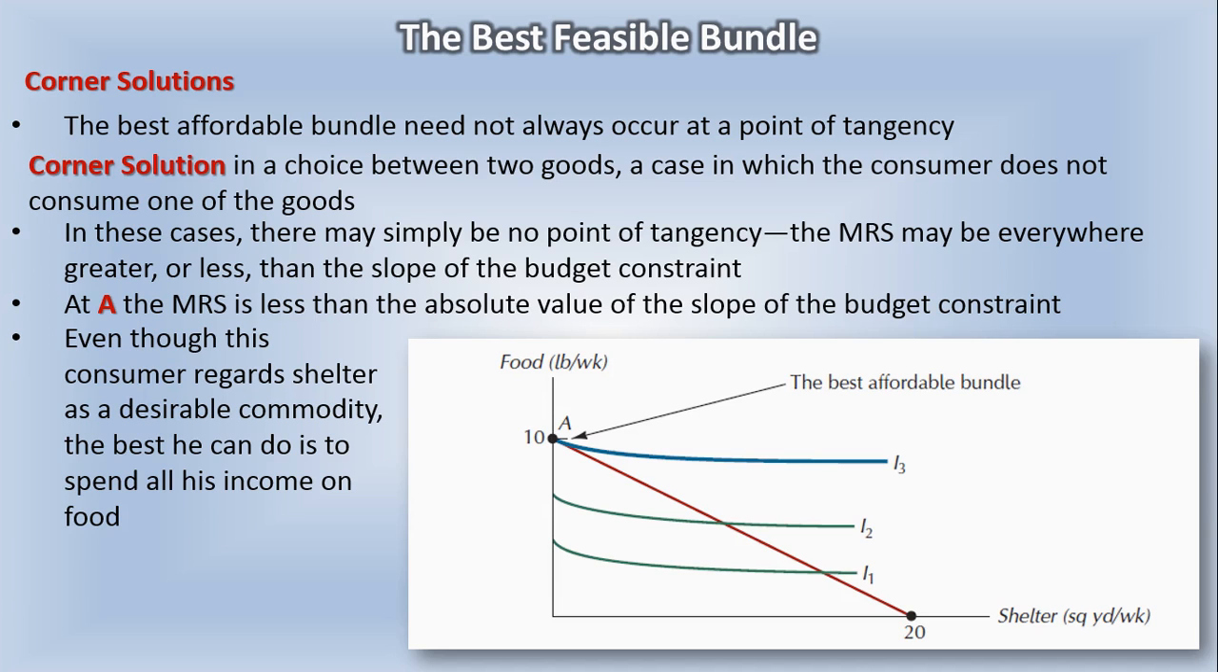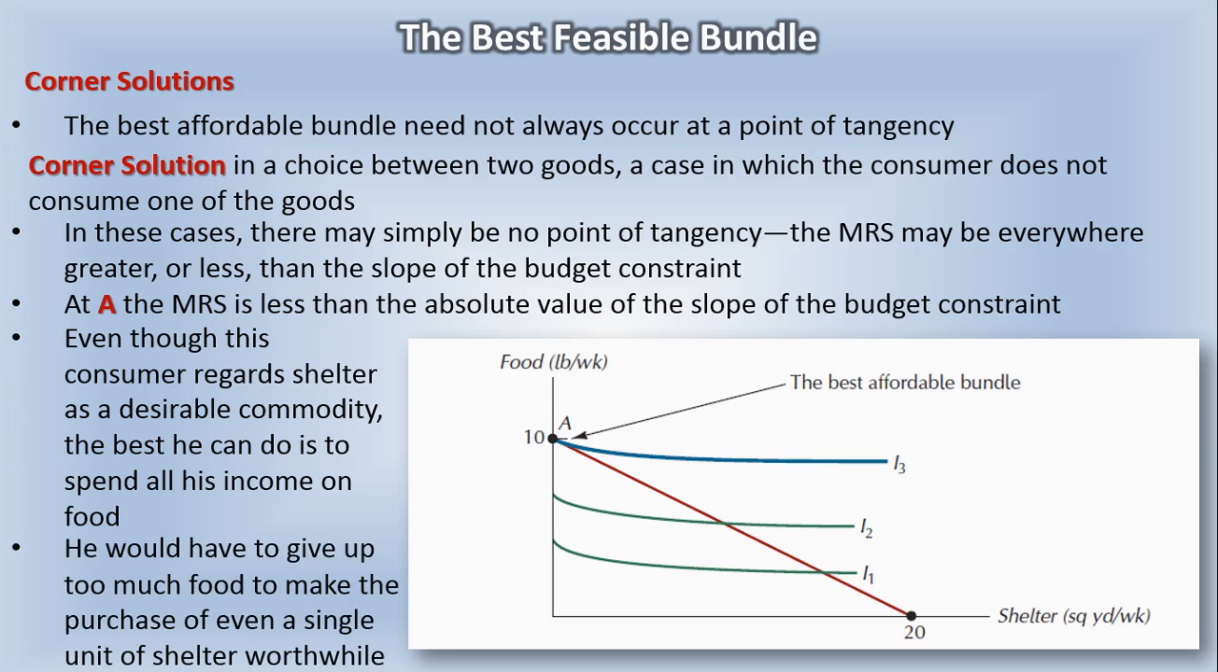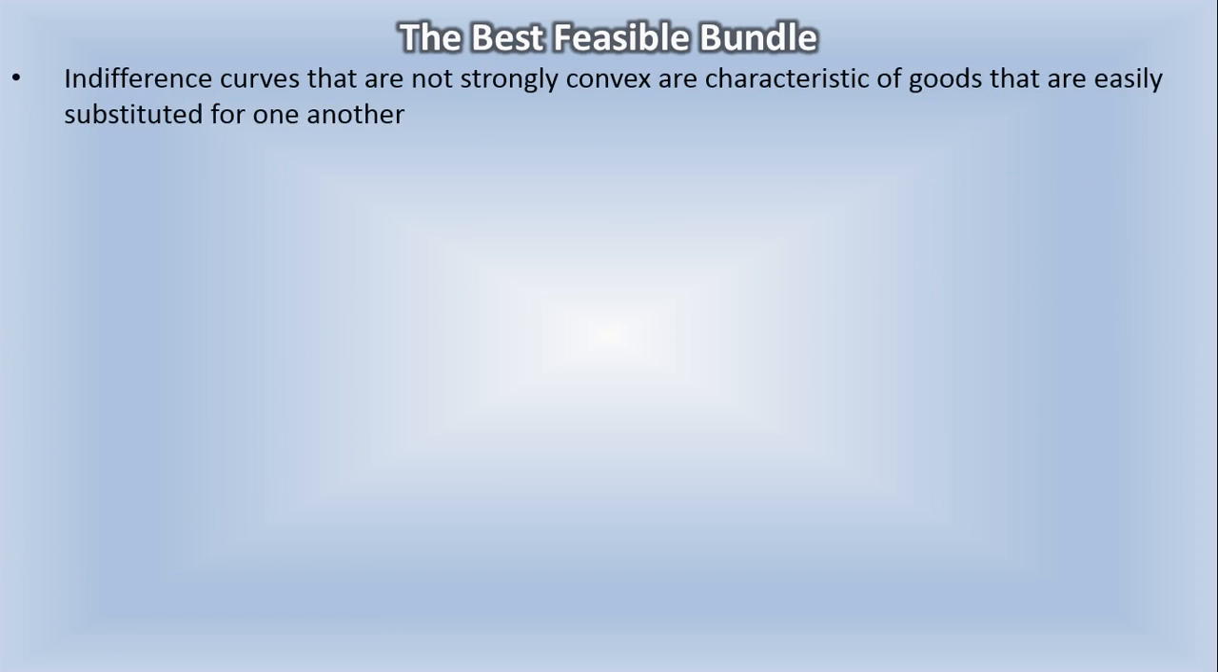But you always have to talk about the exceptions whenever you're doing anything that involves very finite rules. But in the end, it is going to be an extreme case. You're not often going to see this, but it needs to be acknowledged that that can happen. So she would have to give up too much of food to make the purchase of even a single unit of shelter worthwhile, given the nature of her preferences embodied in those very flat indifference curves, which can be specified